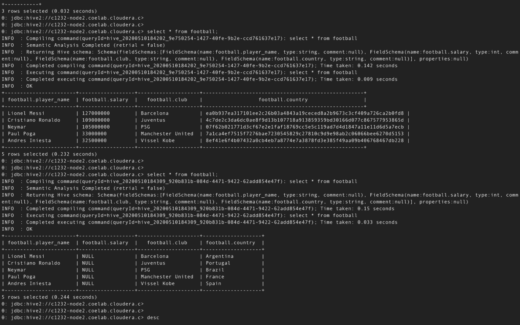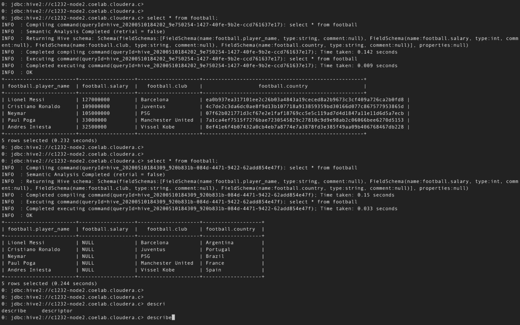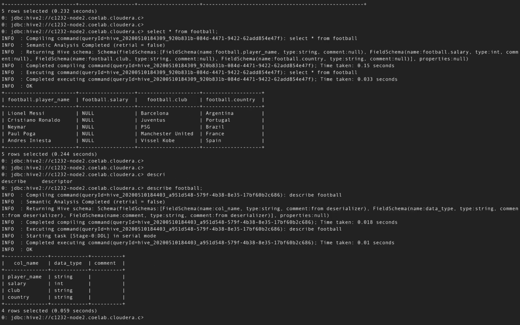To confirm, I will describe the table. So here you can see that the salary data type is integer, whereas the country data type is string.